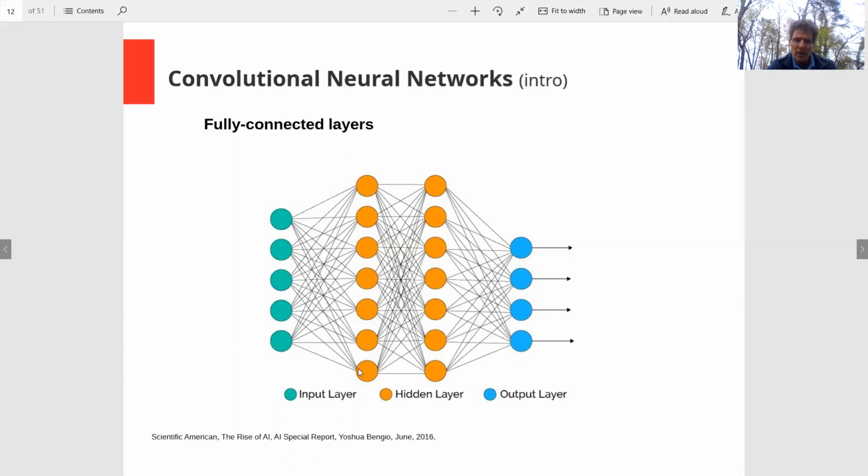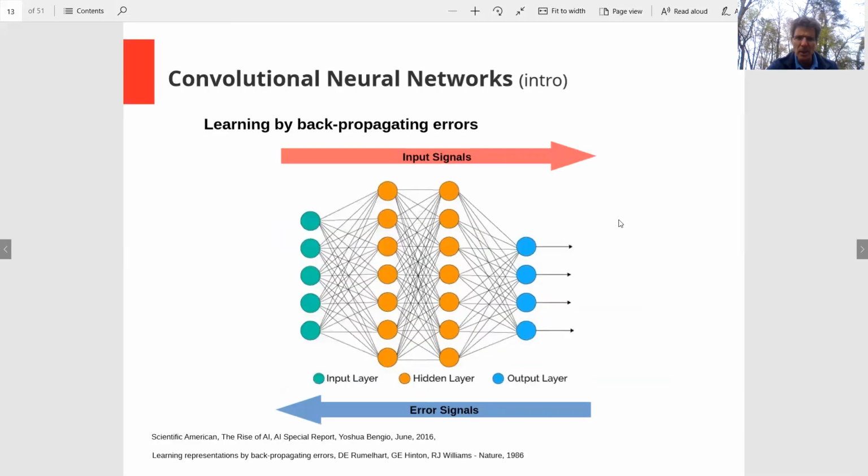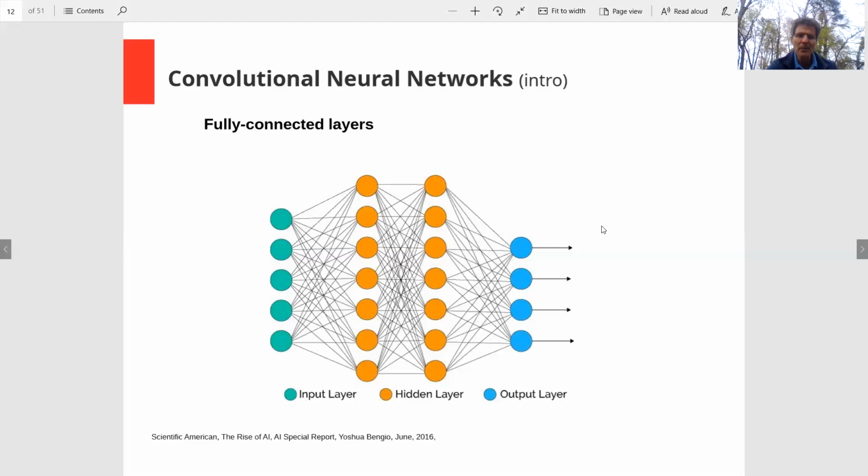In a fully connected layer, each node in one layer is connected to each node in the previous layer, and so on. But you can imagine that if you're working with a high resolution image and you're trying to propagate that image size through the network, it would be impossible to work with that number of weights, because it would be the square of the image size. One big advancement is convolutional neural networks, and I'll get back to that in a second. First, I just want to talk about